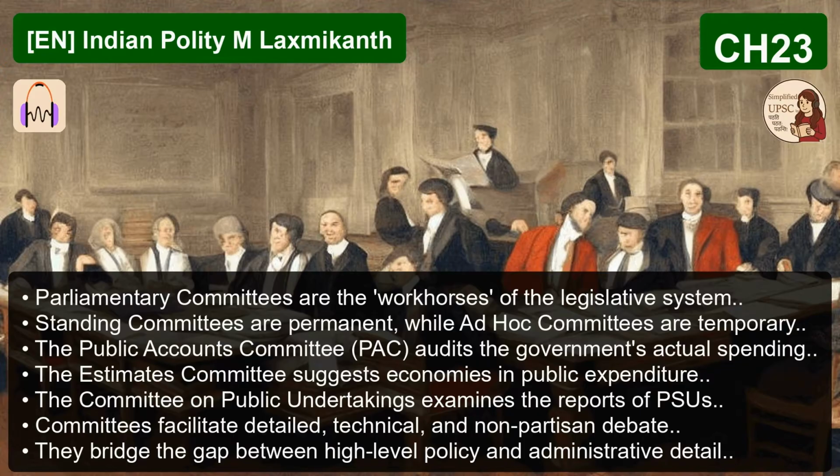There are three conditions. One, if the bill is rejected outright by the other house. Two, if the houses have finally disagreed on specific amendments. Or three, if more than 6 months have passed since the other house received the bill without passing it. This is pretty rare, though, isn't it? Very rare. The joint sitting provision has been invoked only 3 times since 1950. Which were? The Dowry Prohibition Bill in 1960, the Banking Service Commission Repeal Bill in 1977, and the Prevention of Terrorism Bill, or POTA, in 2002. It's usually reserved for politically contentious bills.